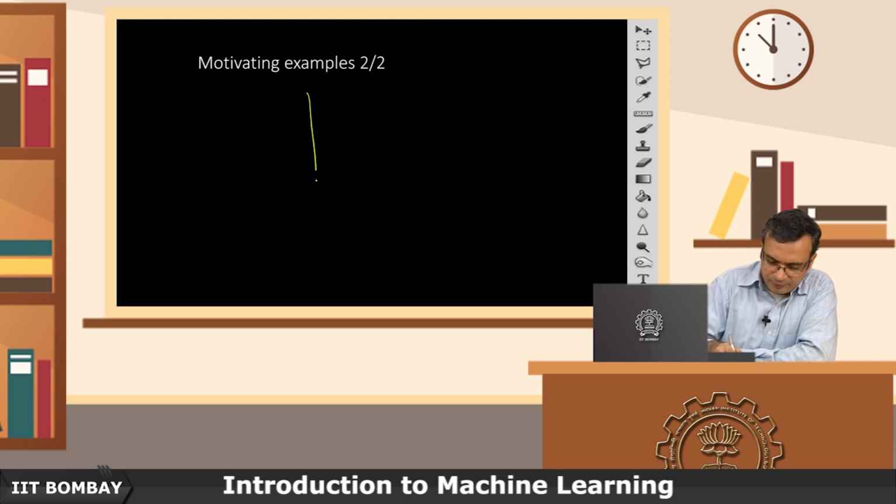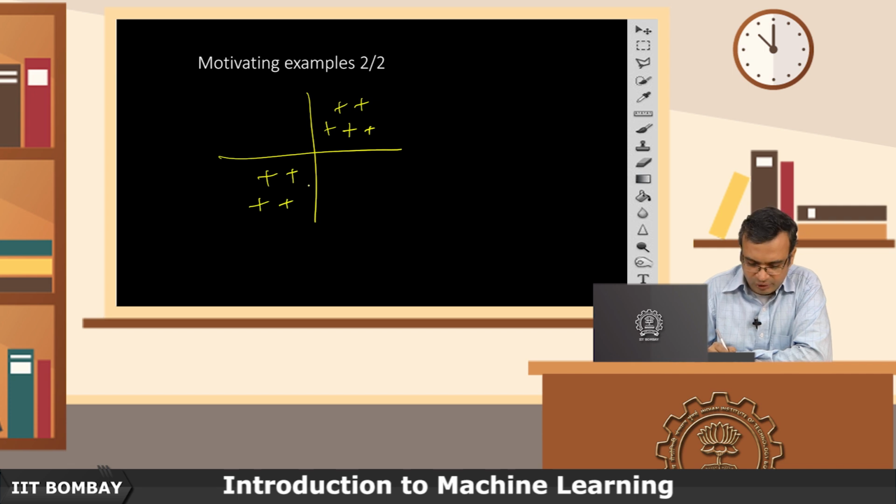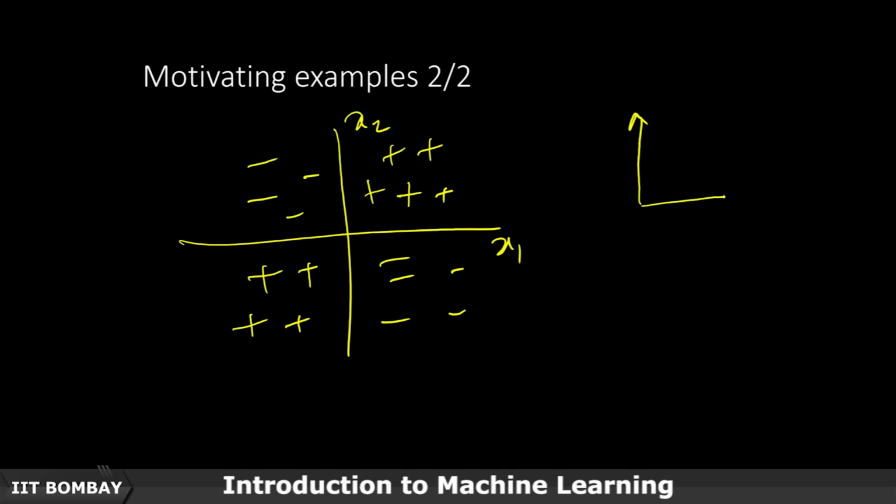So let us take the example of an XOR problem where all your positive samples are here, in the first and the third quadrant, whereas in your other quadrants we have the negative features. So here it is x1 and x2 space. Now if I am able to generate a third composite feature which is x3, let us say x3 is x1 times x2, so this is x1, this is x2, this is x3, then what will happen is that